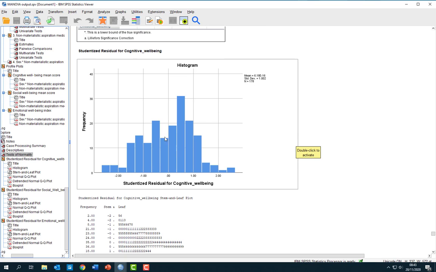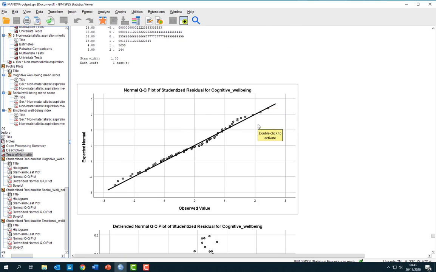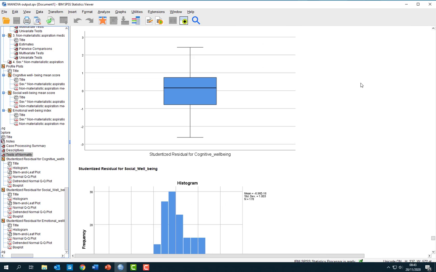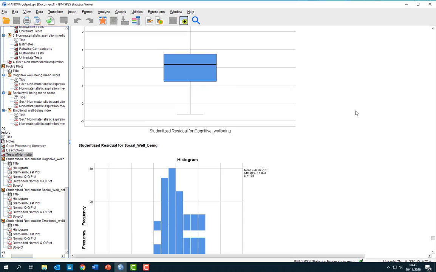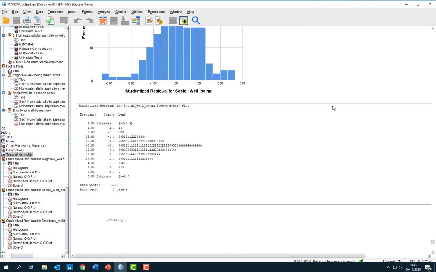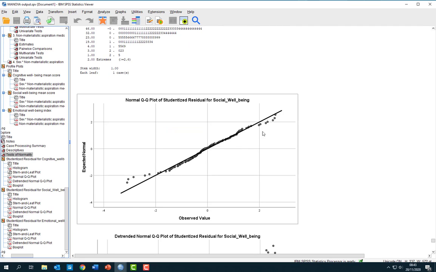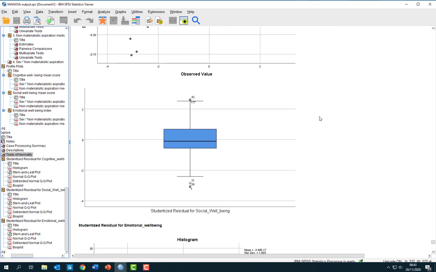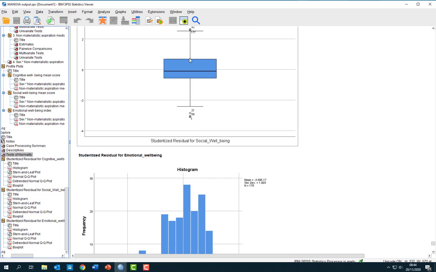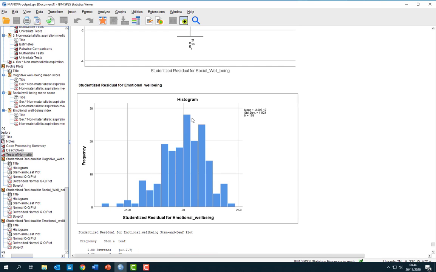So looking at the histogram for this one, that looks roughly normal. And again, all of these dots are roughly following that straight line, so that's good. We don't have any really extreme scores. Again, that looks roughly normal, nothing too concerning there. Roughly following the normal distribution. Okay, so in this example, for social well-being, we may have some outliers, but again, they're mild outliers, there's nothing too concerning. And this suggests that actually we've got a moderate violation of the assumption, but nothing too extreme again.